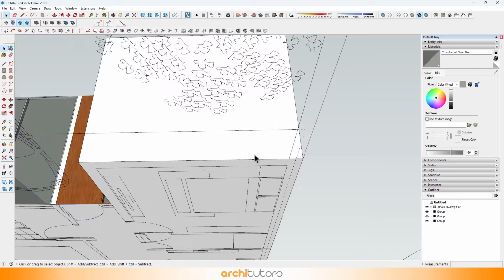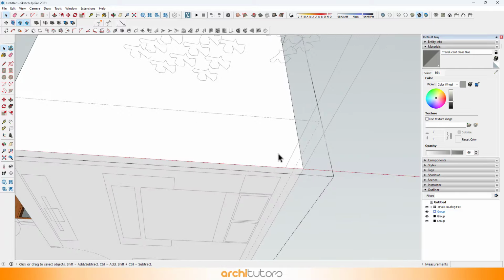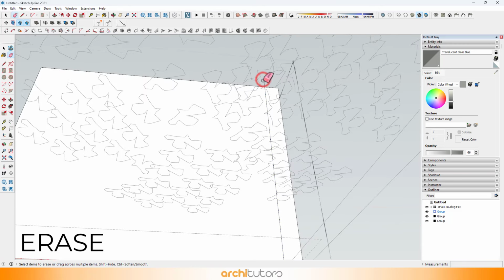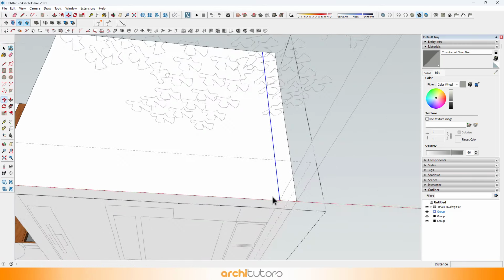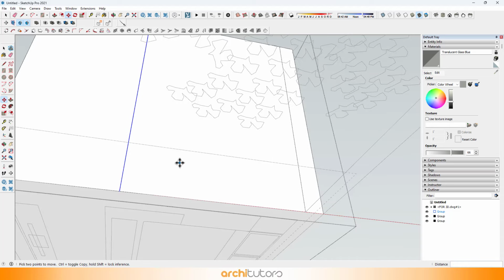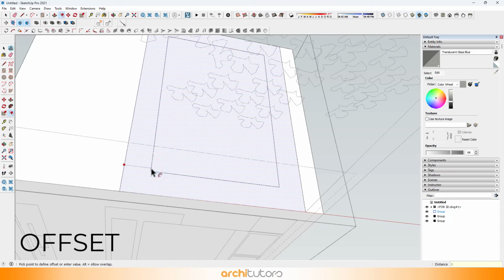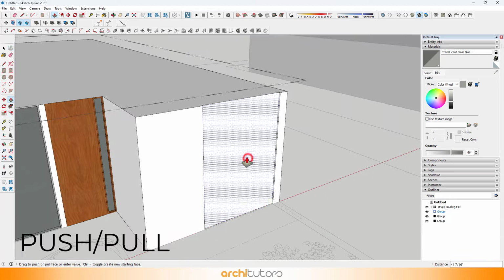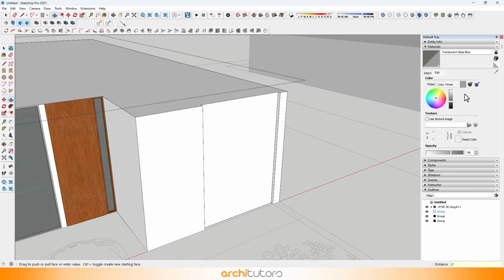Let's also provide another window on right side where the bedroom is coming. Use the Line tool to create the face. Erase extra edges. Copy the line. Intrude surface and give it a material.